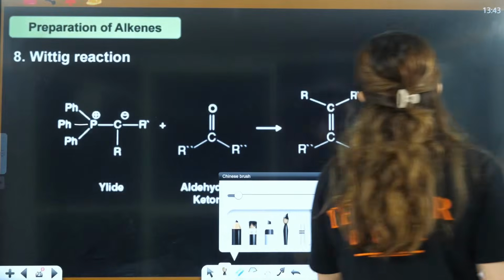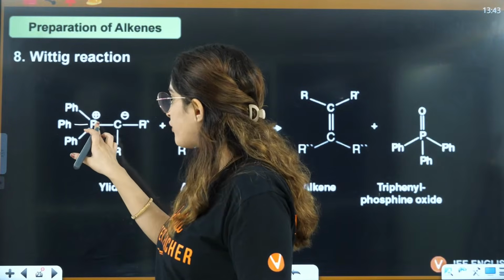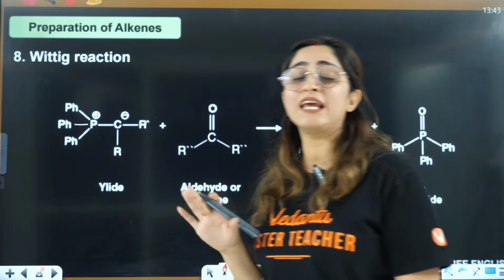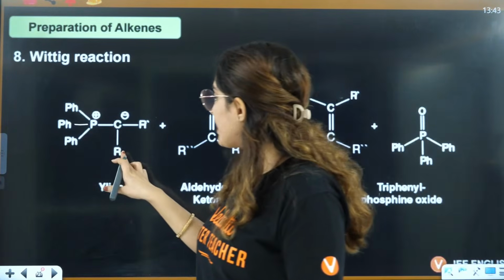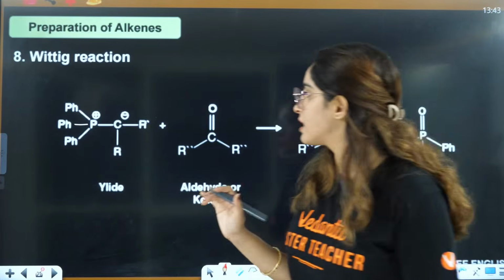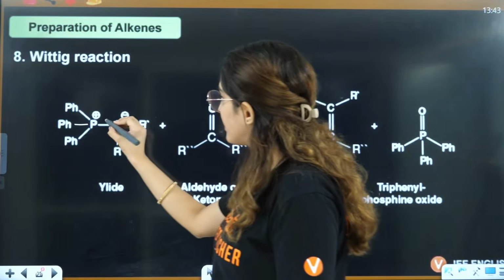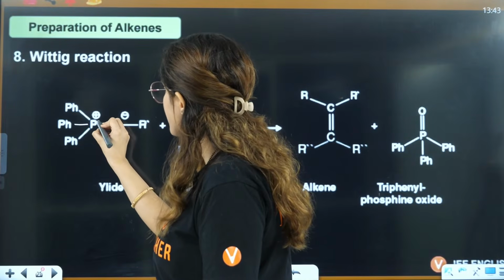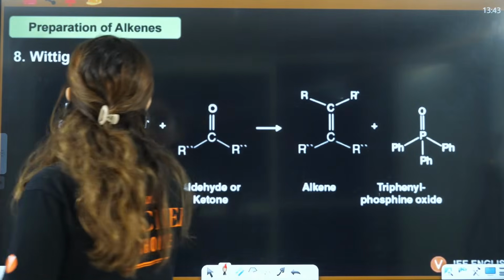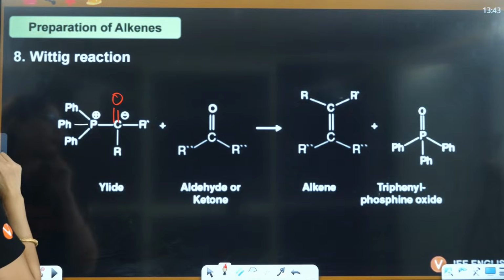What is ylide? Phosphorus ylide you have. Ylide is this compound where phosphorus is connected to three phenyl groups and two alkyls. And here you have ketone. So what will happen? Here you will have the formation of double bond O, right? And here you will have the formation of,